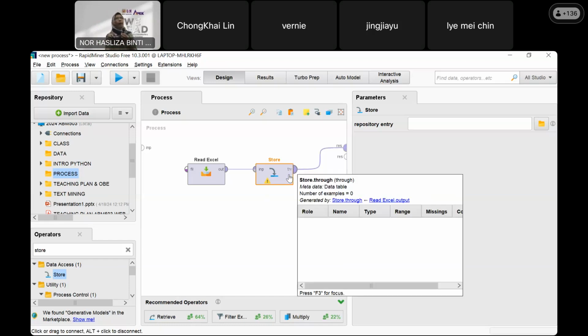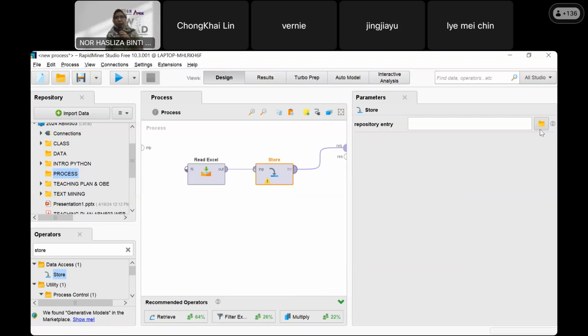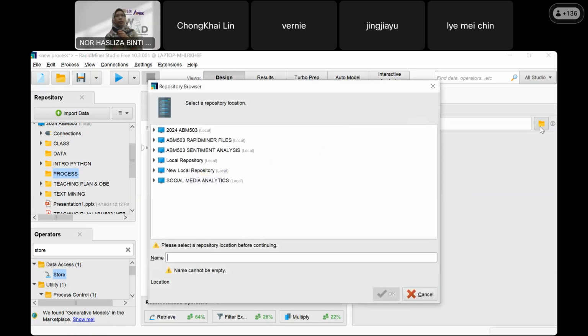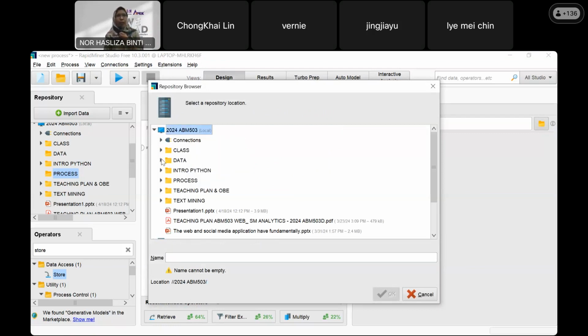So here, remember, right now, when you read or call the Excel file, you want this file to be stored somewhere. However, we have the exclamation mark. So where do you want it to be? Even though it looks simple, this process you will keep doing later on with various kinds of files. So here, do you see it? It is data. Remember, it is data. So I put it inside data.